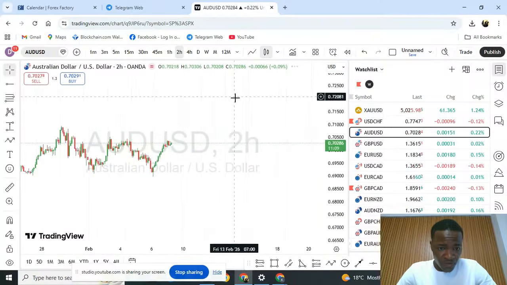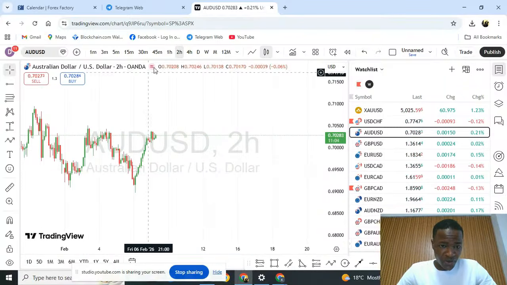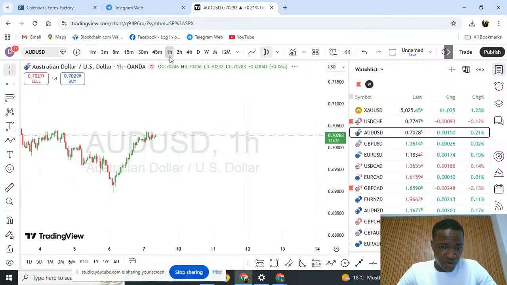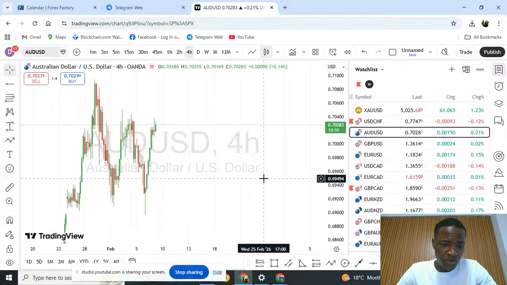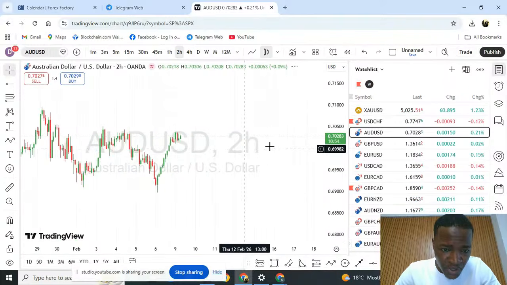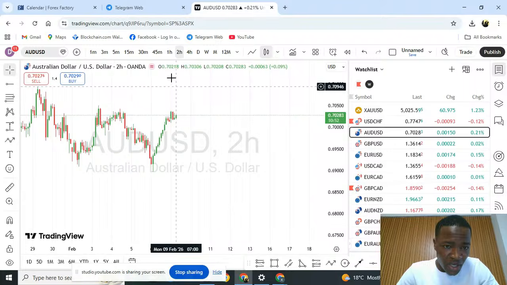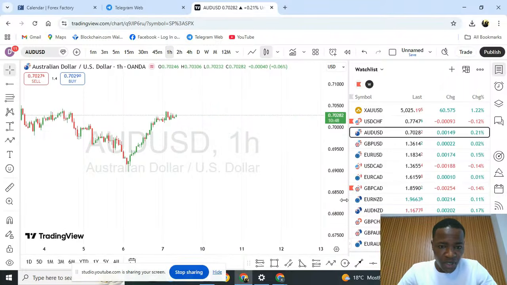But we are looking for a price where you can continue with the overall trend of the market. And checking it on 4 hours, I can see there is no order block left, because AUDUSD is good when it comes to using order blocks. Coming back to 2 hours, I can't see any order block left, no reversal that is available for us to continue. And then coming back to 1 hour,